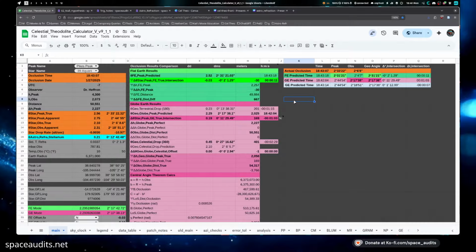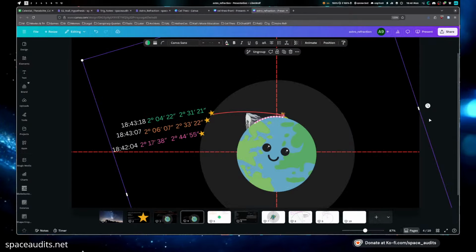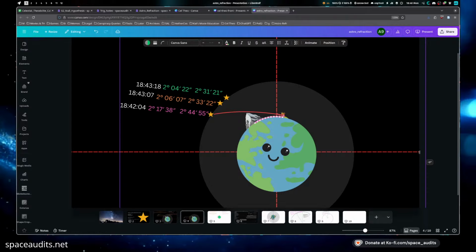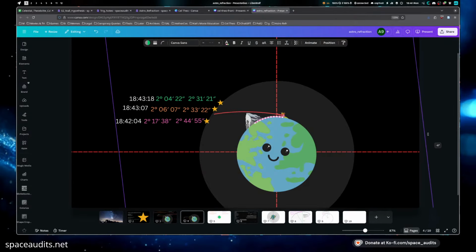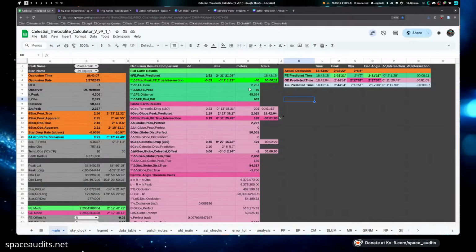So try to think of this in terms of mini eclipse predictions. If angle equals time, then we could make mutually exclusive predictions on when the star will no longer be visible. It's going to get blocked by a mountain peak. Is it going to be blocked by a mountain peak when it's predicted by the globe? It's going to be right here? No. Nope, it actually turns out to be right here. What's the time difference between these two? How much did we miss our mark and how much did we miss their mark by? Well, you can determine that right here in the spreadsheet.